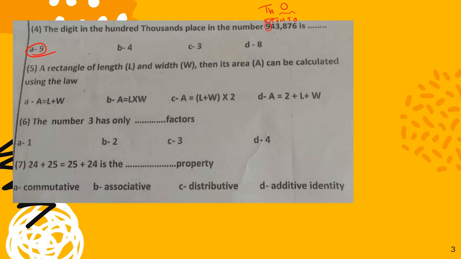A rectangle of length L and the width W. Then the area can be calculated using the law. Do you remember what is the meaning of area? The area means what? فاكرين لما كنا بنقعد نقول دلوقتي لو أنا قاعد في يعني inside the room, okay? The corners of the room اسمها ايه؟ This is the perimeter. And the tiles البلاطات اللي جوه دي هي مين؟ هي دي مين؟ الاريا، صح كده؟ فاكرين الكلام ده؟ كنا بنقول